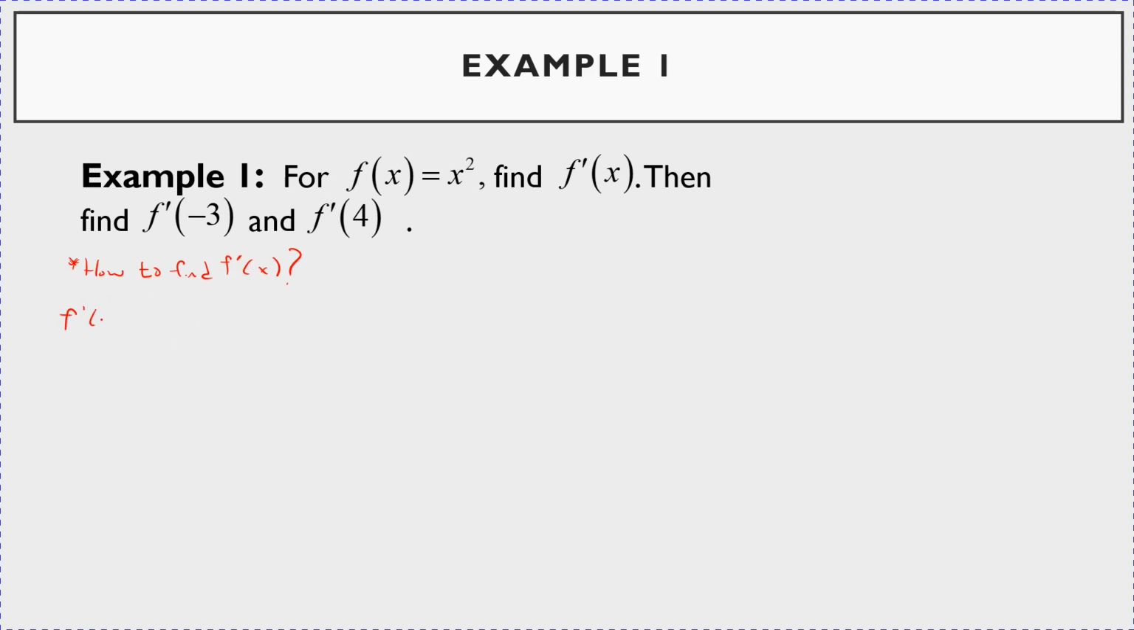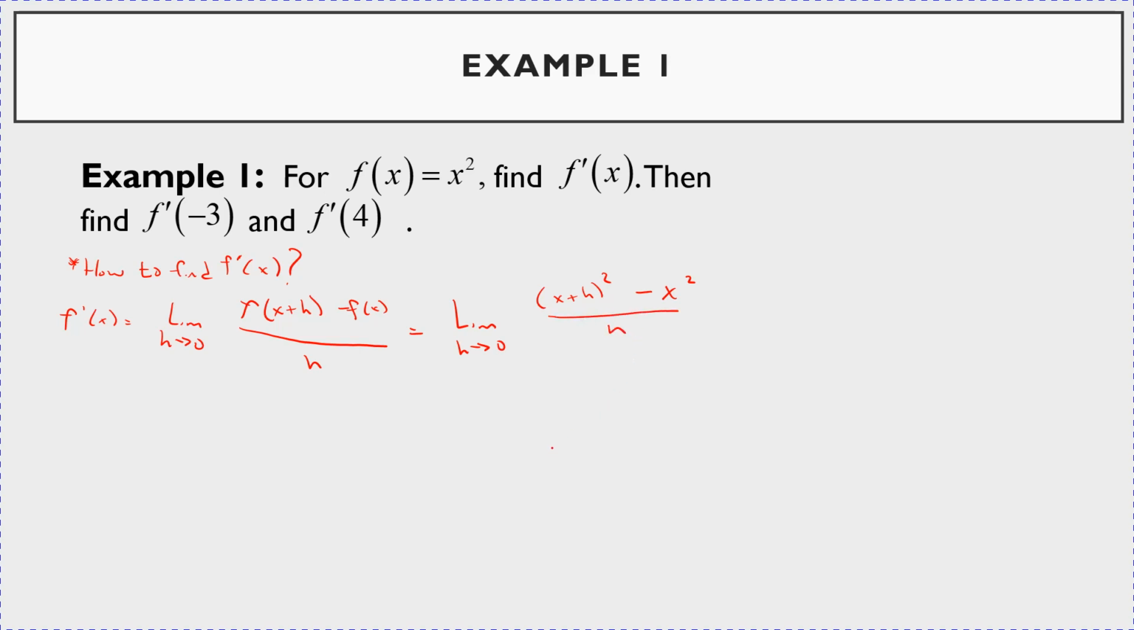Well, f prime of x is equal to the limit as h goes to 0 of the difference quotient, f of x plus h minus f of x over h. Okay, so what I have to do then is find the limit as h goes to 0. I have to take x plus h and plug it into my function. So x plus h gets plugged in for x. So this is x plus h squared, minus my function f of x. Well, what is that? That's just x squared